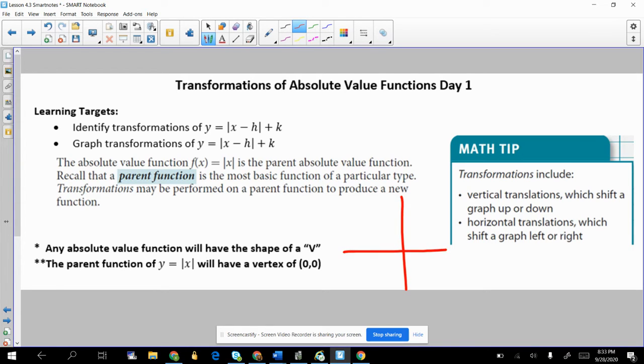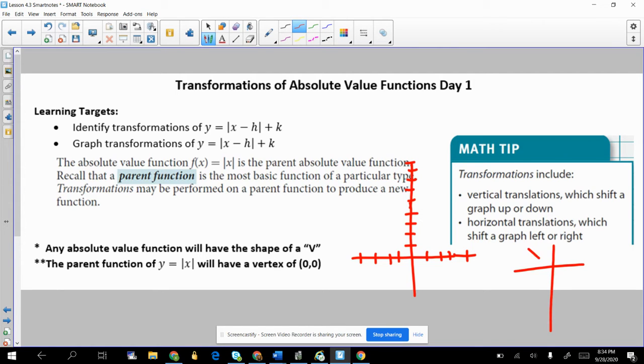So if we have a graph here, okay, so if you were to plug in, let's say, to find your x and your y's, right? And you're plugging in to find the parent function. So let's say you have y equals the absolute value of x. That's the parent function, right? So if you plug in,